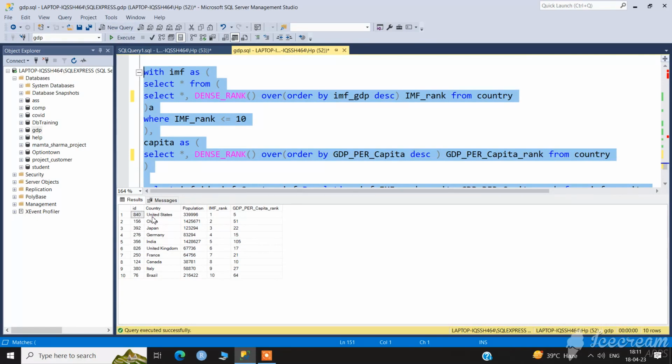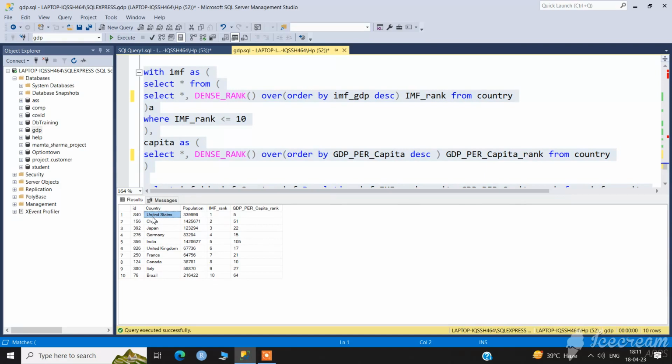You can see in the place of the United States, the United States is top first in GDP, but in GDP per capita it is in the top 5 countries. Okay, but China is top second in IMF GDP rank, while GDP per capita is 51. And I want to see here India only, because as an Indian,